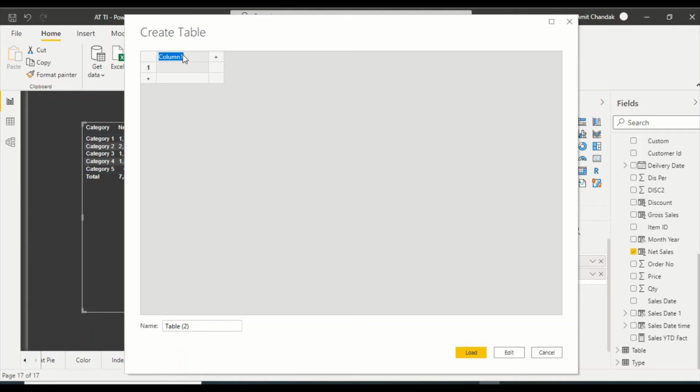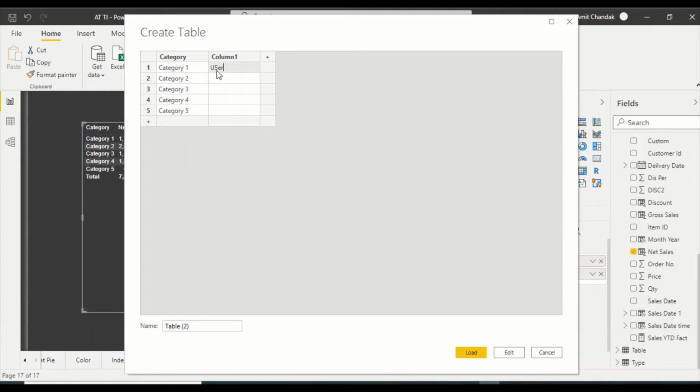So we are going to create here a category. I'll take category here, and we need to be very much sure that we are creating the correct one. Category 1, category 2, category 3, category 4, and category 5. And let me go ahead and assign it to user.